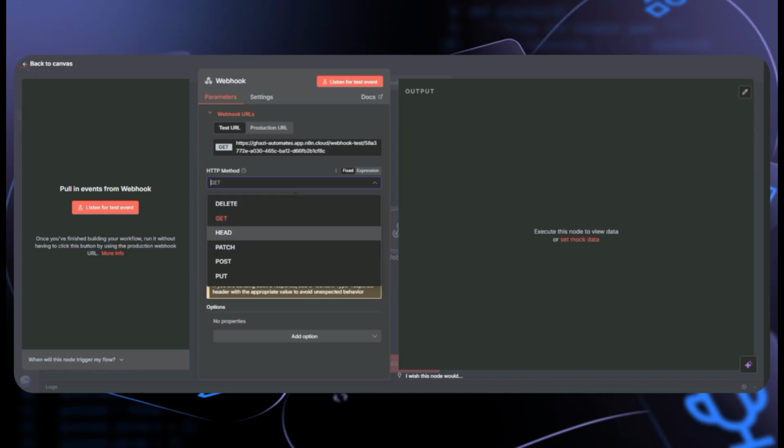If we want to receive from other apps, we will use GET. And if we want to delete someone in other apps, we use DELETE.